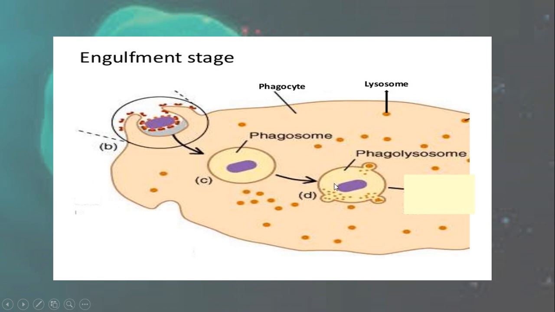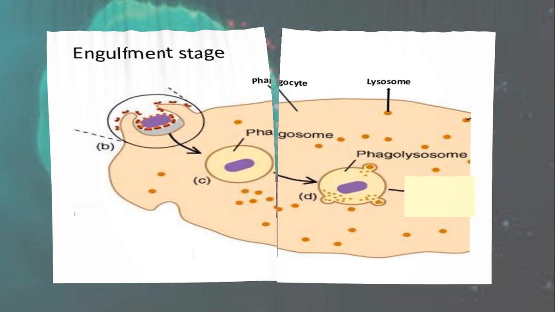So after the phagolysosome is formed, the pathogenic agent combines with the lysosomes, and these lysosomes start digesting this bacterium. This is usually the result of phagocytosis, only if the phagocyte was able to digest the